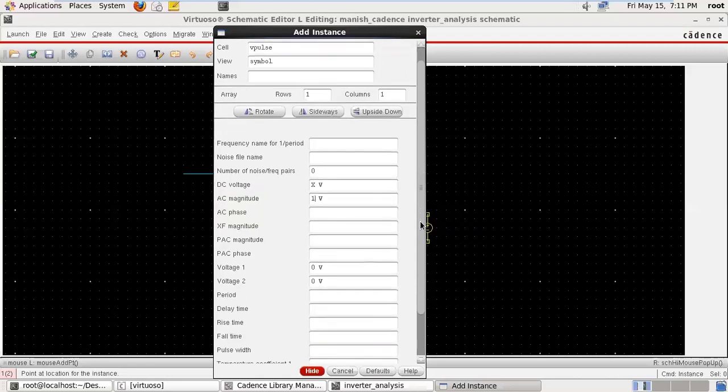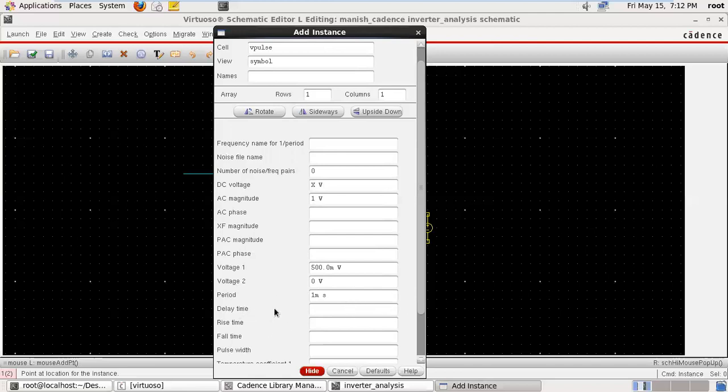Because we are taking the pulse voltage, suppose voltage 1 magnitude is 1 millivolt, voltage 2 magnitude is 0 volt. Okay, 1 millivolt, no, this is 0.05 volt. Voltage 2 magnitude is 0 and the period is suppose 1 millisecond.